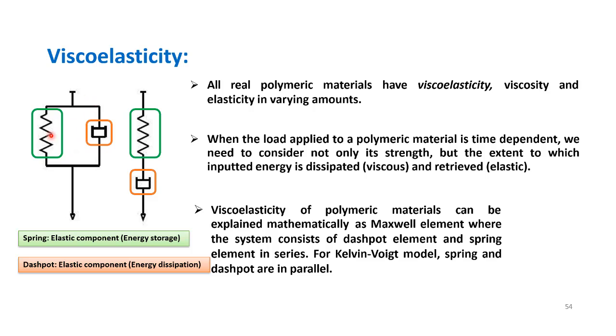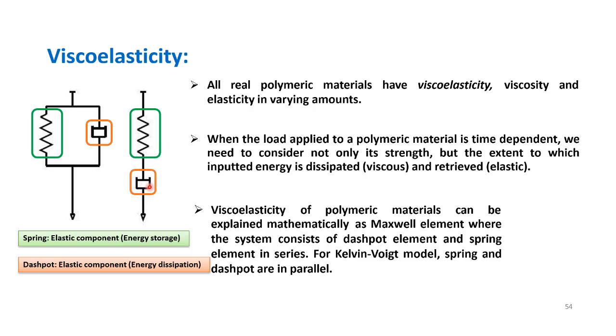If we keep it in a parallel form, then the elongation of this spring will be dependent upon the damper or dashpot, so the elongation will be lesser in this case. However, if we put it in a series form, the property will be different. These are two different properties, one is the viscosity and the other is the elasticity, and from the combination of these two we get some of our polymers.